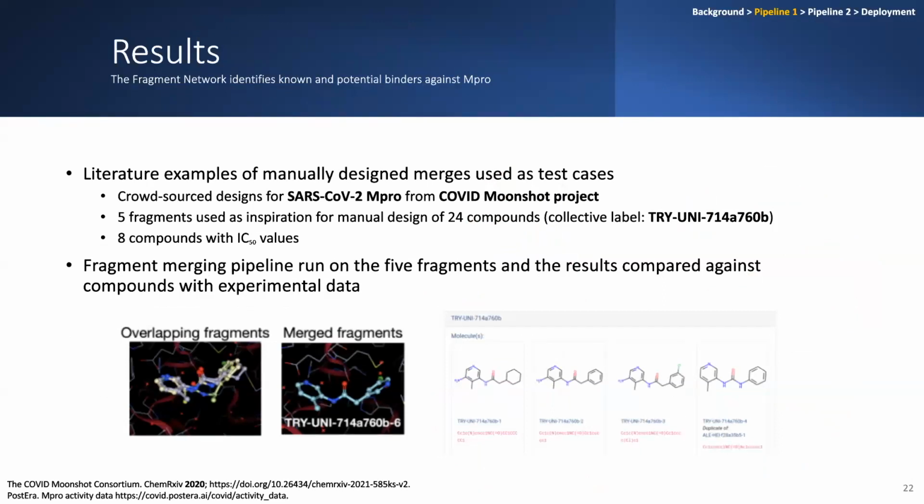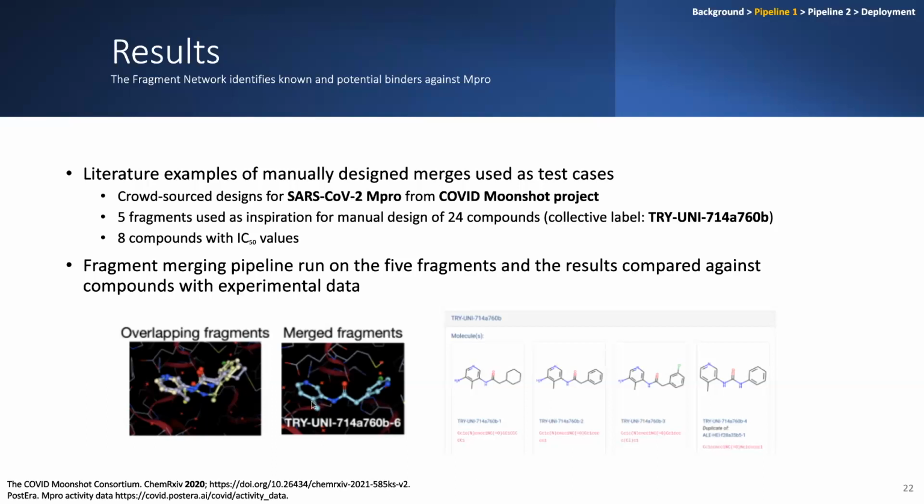We also performed a retrospective analysis using literature examples of manually designed merges as test cases. The first test case looks at compounds that were proposed through the COVID Moonshot project. This project crowdsourced designs for the fragment screen that was performed against SARS-CoV-2 main protease. We use this because within this data set, there are examples of manually designed mergers. This is one example, this TRY-UNI submission of compounds, where we have these 5 overlapping fragments, and the compounds that were manually designed